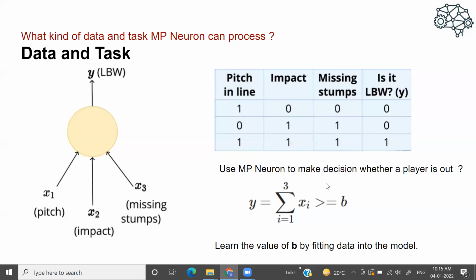MP neuron, and that is we have multiple inputs, right? For example, here we are dealing with three input features. These are called the input features, and this is called the target feature or target variable. So what we do in MP neuron is whatever input feature we are having, whether it is 0 or 1, we first of all add all those input features, right? And we'll check the summation. If the summation is more than some threshold, in that case your target output will be 1, else it would be 0, right? And what would be that threshold?